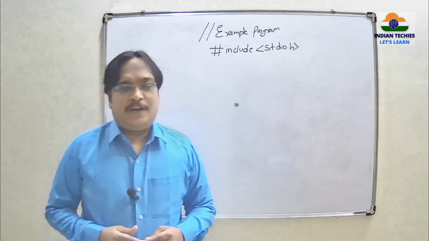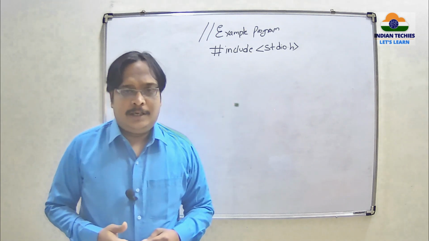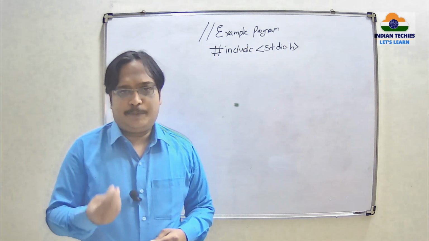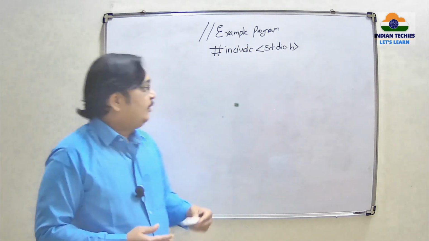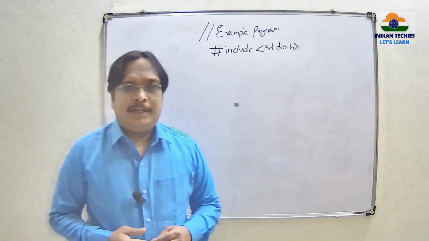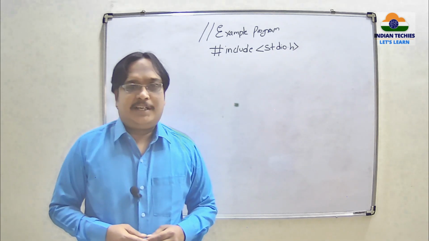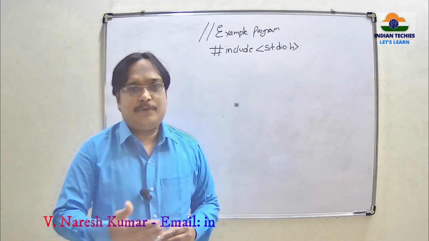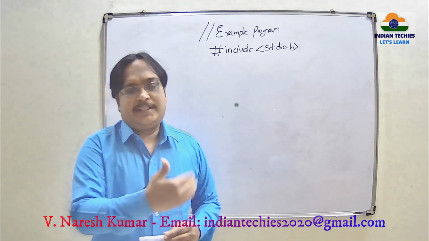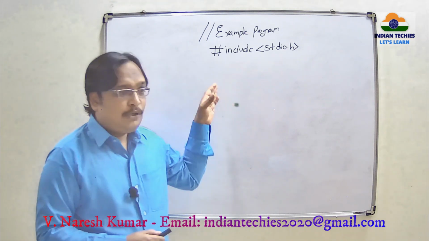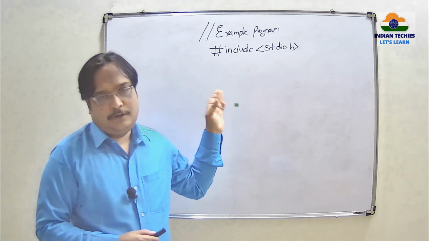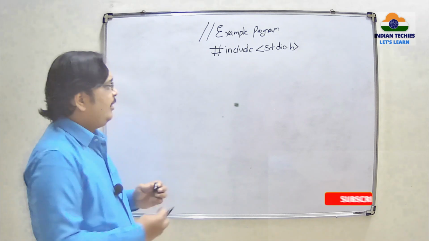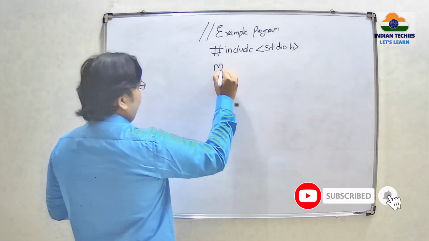The definition section. If you have any defined constant, then you can use it. At present, I don't have any defined constant, I just want to print a normal welcome on the screen. Next, the fourth section is global declaration. Generally, we use the global declaration concept when we use user defined functions, which we will discuss later. Now you don't have any global declaration variables to print just a welcome on the screen. Then we start with main.